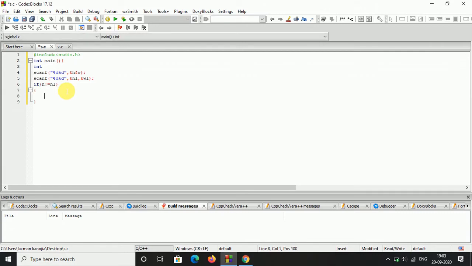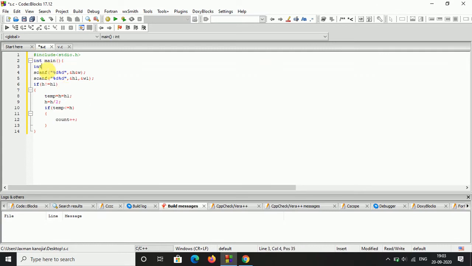As I had earlier told, you first take a variable temp where you store the h minus h1 value, and then set h equal to h divided by 2. Then again an if condition: if temp value is smaller or equal to h, then count plus plus.